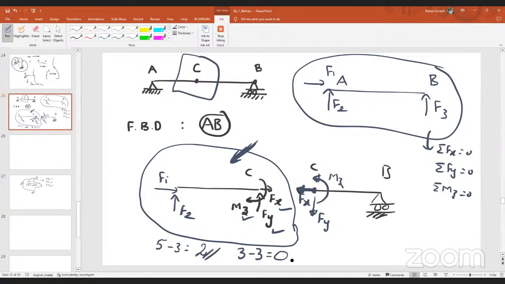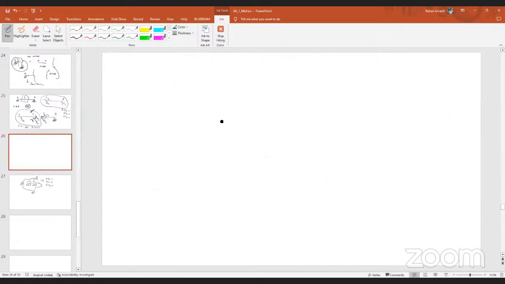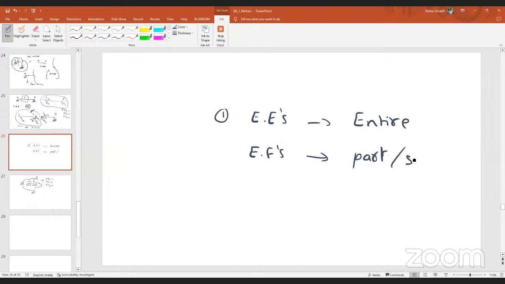That means, how have we applied the equilibrium equations here? In what way have we applied? First, we have applied the equilibrium equations on the entire structure. And then we have applied equilibrium equations on the